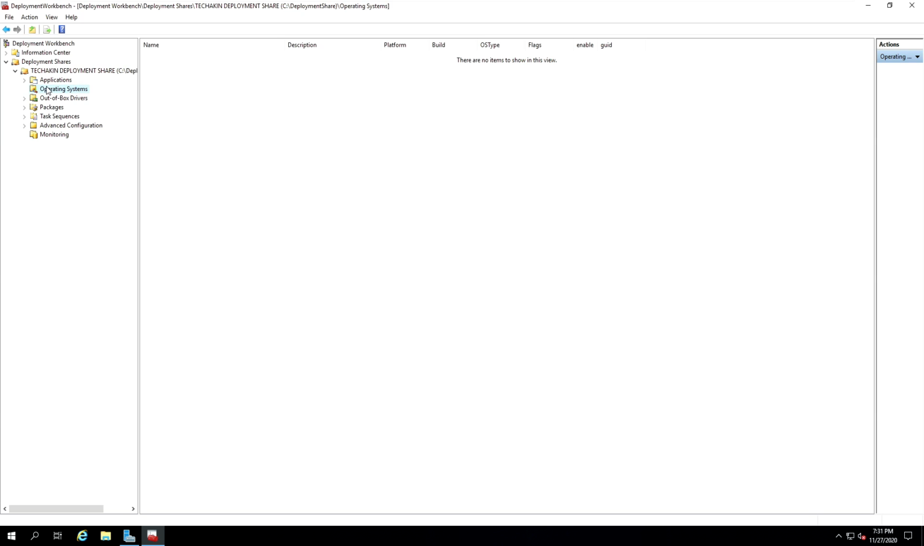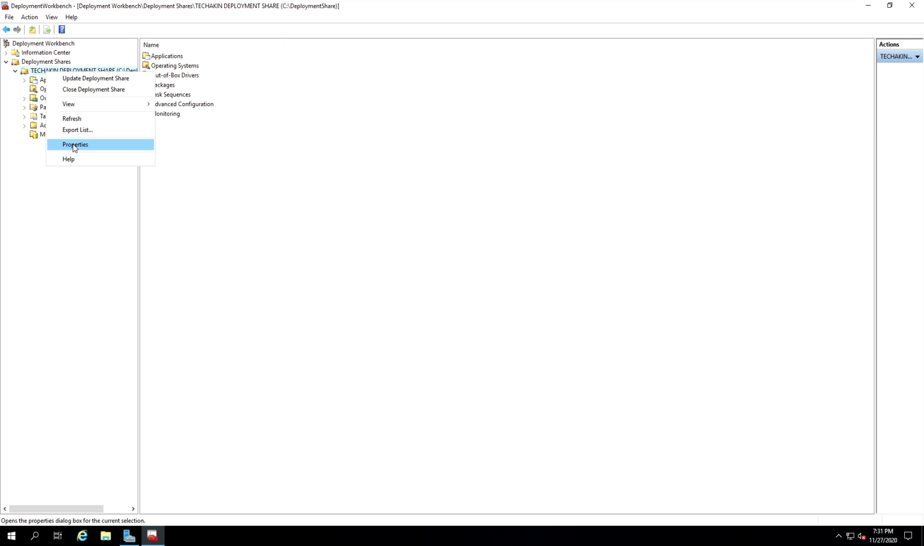First, we're going to add operating systems to our deployment share, and we're also going to create a task sequence from which we're going to start installing Windows over the network. So go into your deployment share, right? First thing I want you to do is right click on your deployment share and click on